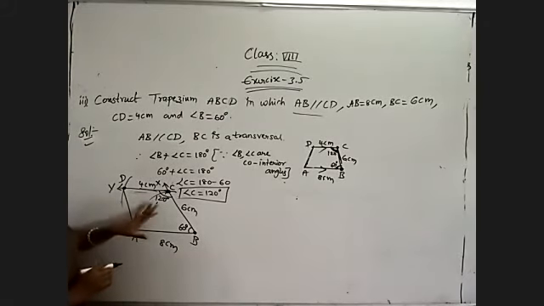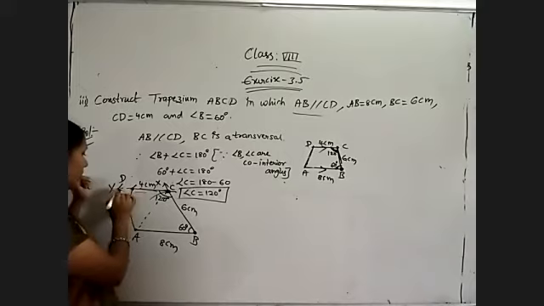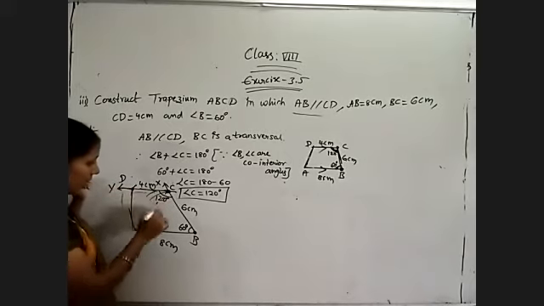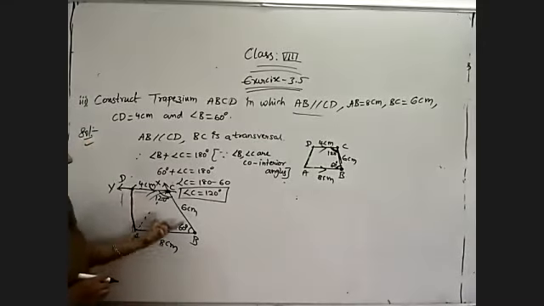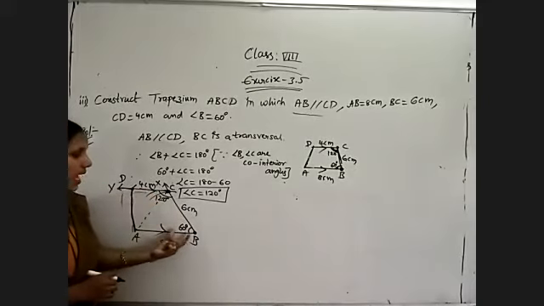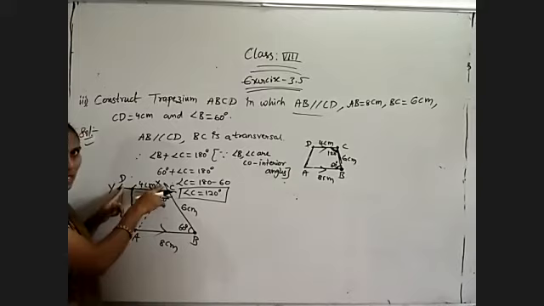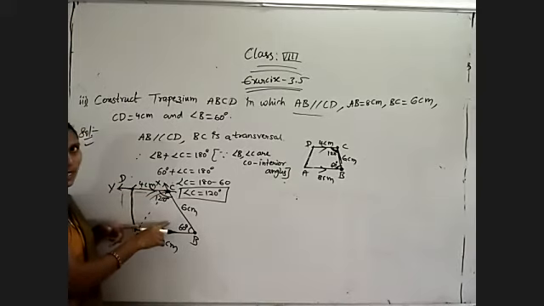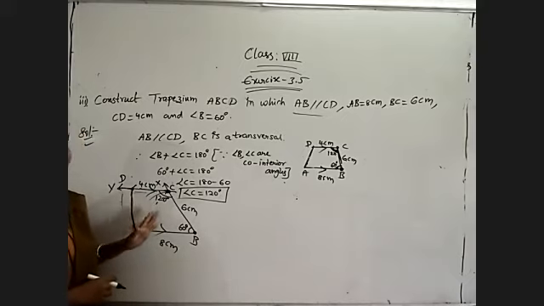Okay, so like this we will get. Two parallel lines and these are the given line segments. So ABCD is a trapezium with AB 8 centimeters, BC 6 centimeters, CD 4 centimeters, angle B is 60, then angle C is equal to 120 because AB is parallel to CD, so angle B plus angle C equal to 180 degrees because those two are co-interior angles. So angle C is equal to 120. That's it. So these are the required steps to follow.